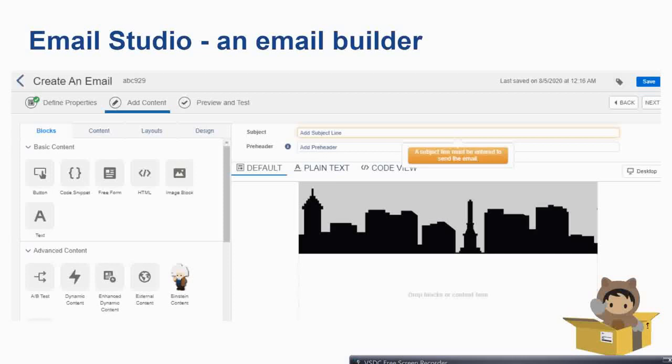MScript and SSJS can be used to programmatically personalize the content of these emails. Other than that, SFMC also provides some drag and drop features which can be used if someone is totally from a marketing background and does not have any idea about code. That being said, let's go to the next slide.